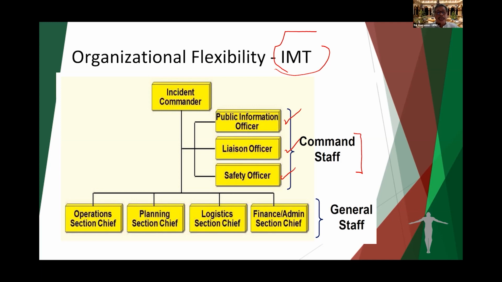And as I said, when there is a need, these four sections are activated: the operations section, headed by the operations section chief, the planning section, the logistics section, and the finance and admin section. These section chiefs form the general staff of the incident management team. Now, let's look at the responsibilities of each of these